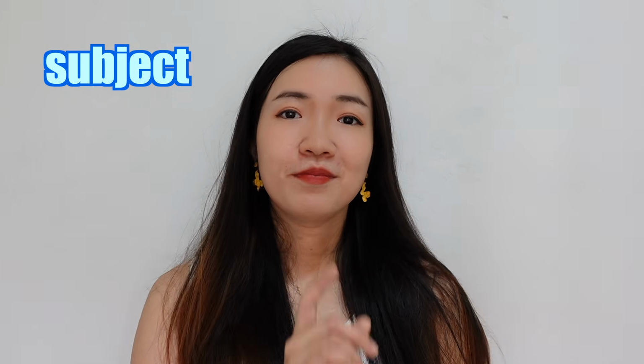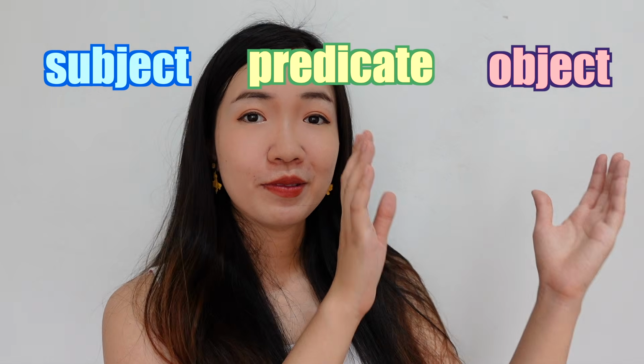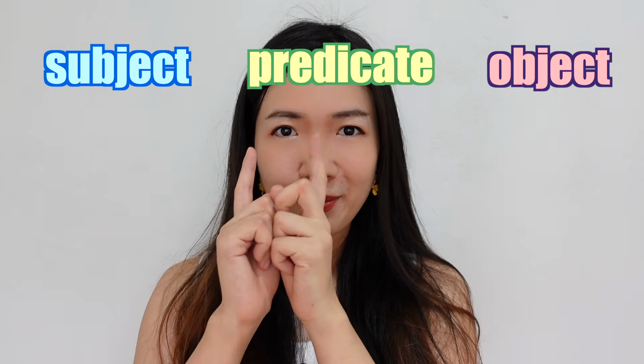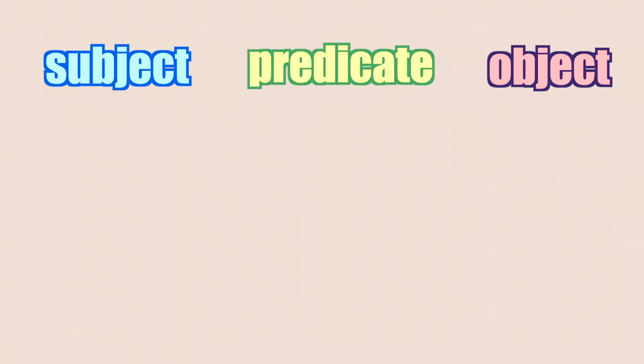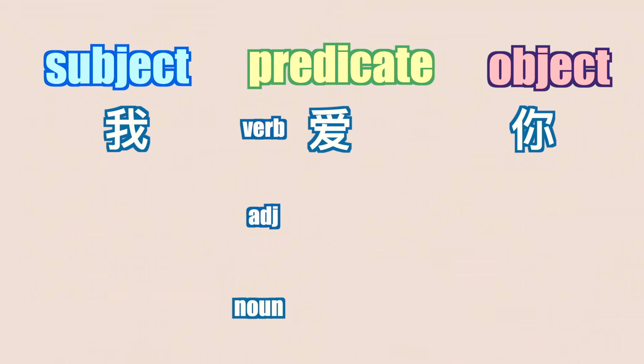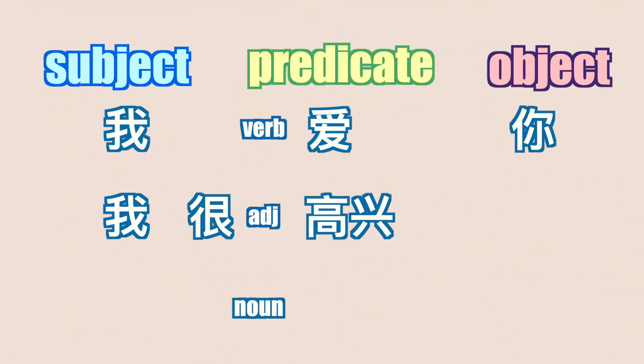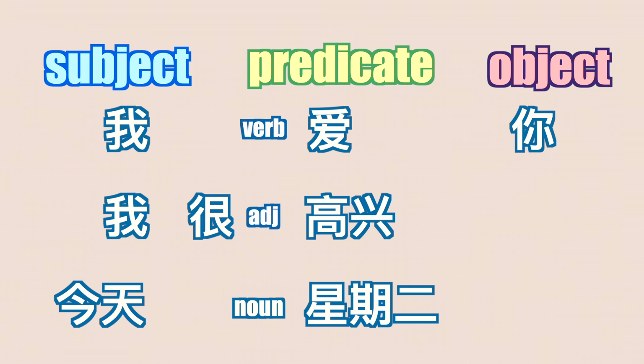If you have learned Chinese for a certain period of time, you may notice that most Chinese sentences that you will encounter in your everyday life belong to this one structure: subject, predicate, and sometimes object. Do keep in mind that predicate not only includes verbs, but also adjectives, and sometimes even nouns, such as 我爱你，我很高兴，今天星期二。